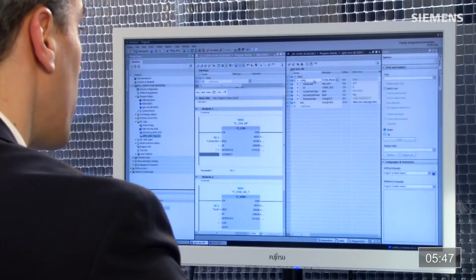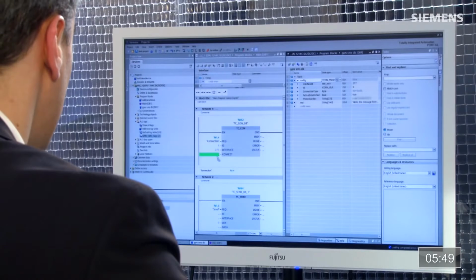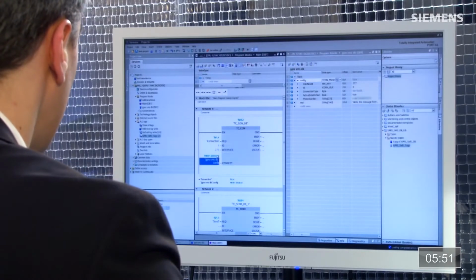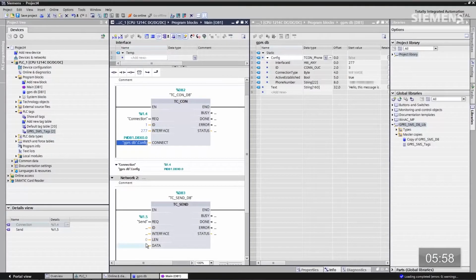And then something else that we can do here, we're actually going to do a split screen with the data block that we just created, because we're going to use that data block with these calls. Go grab the config. I'm going to drag and drop this to the connection block. Now our connection block is complete. We can move on to the send block. Go to ID, click 1,